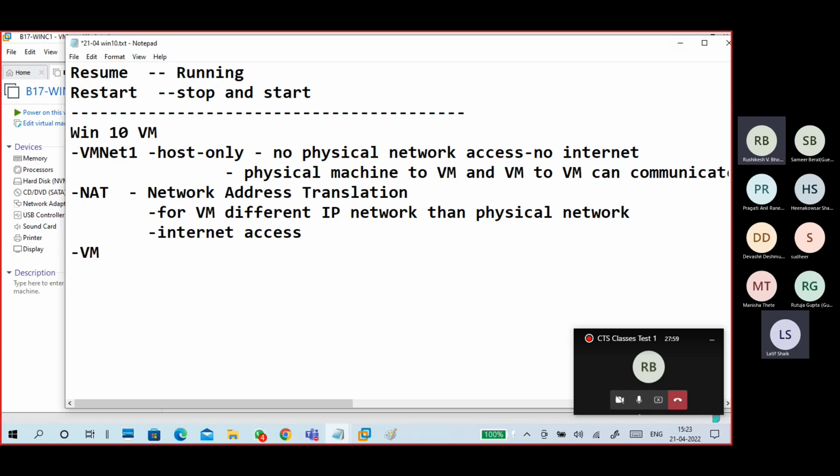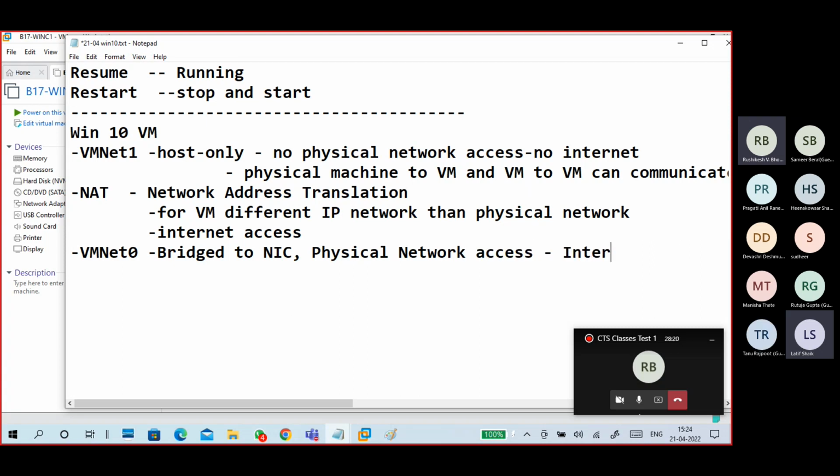That is VMNet0. It is a bridge to the physical NIC, network access, meaning internet, you'll get it.